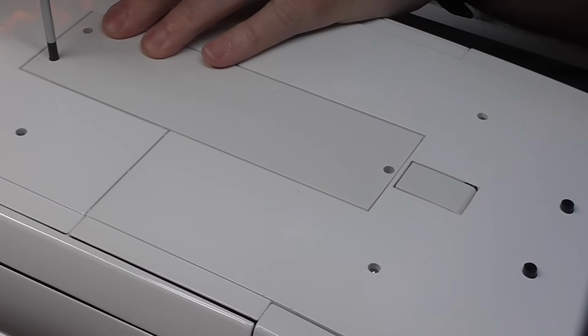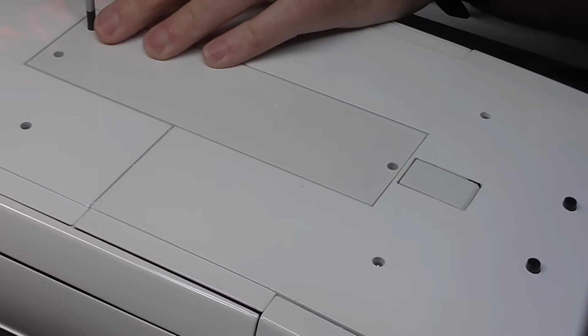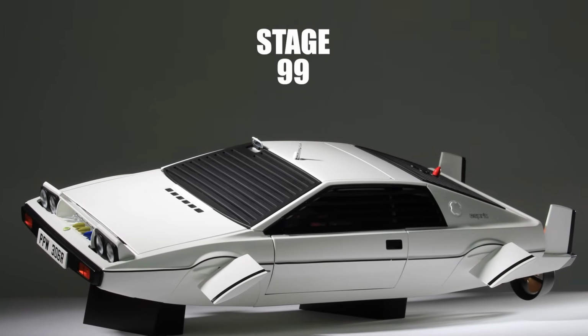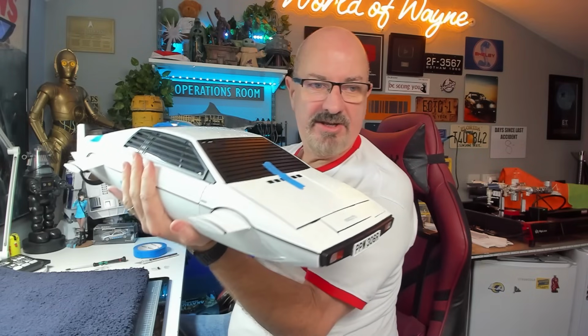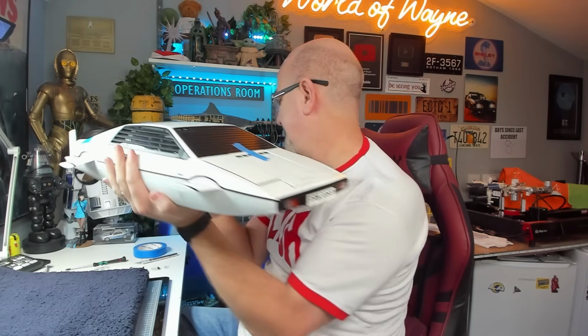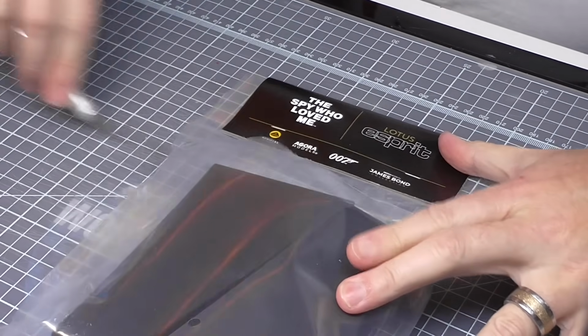Perfect. And that is all there is to do in that stage. And you can see how iconic that's looking now. I'm just going to keep this to one side. Okay, in stage 99, I'm going to start making a stand,